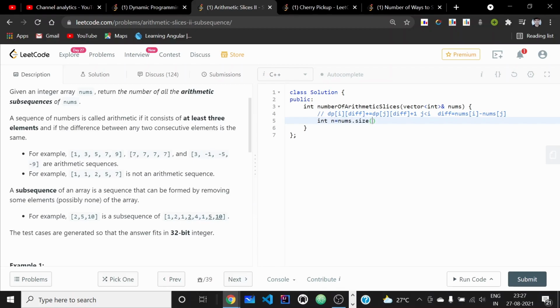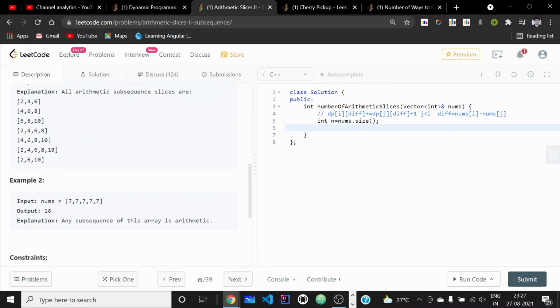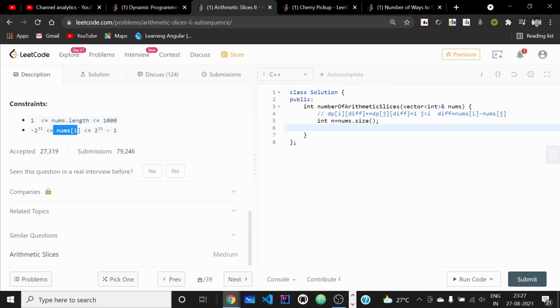So first I will be storing the size of the nums array in integer n, and we will need a dp. No, we can't use a 2D matrix because the ranges of these numbers are of the order 10 to the power 9, and the differences are also of that order, so we can't use a dp array for calculating these things. So we are forced to use an unordered map,